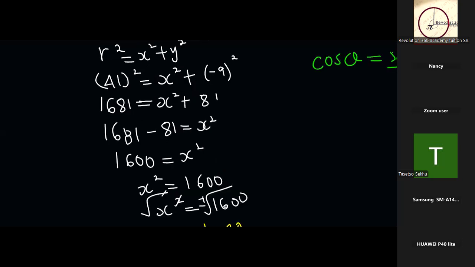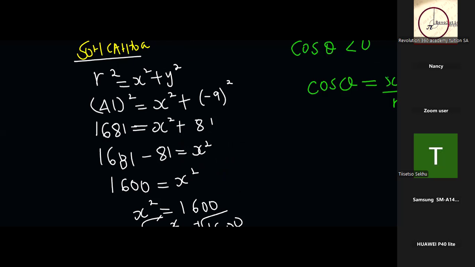So as we know, our cos theta should be less than 0. So here it's negative 40 over r, where r is the hypotenuse side, the longest side on the triangle. The hypotenuse side can never be negative. The hypotenuse side is always positive, and it is equal to the square root of the sum of the squares on the other two sides. So our r is represented by 41. Now, they said with the aid of a diagram,